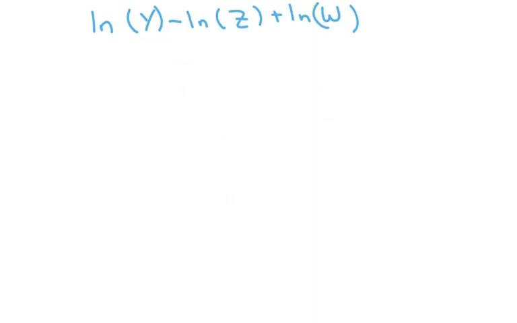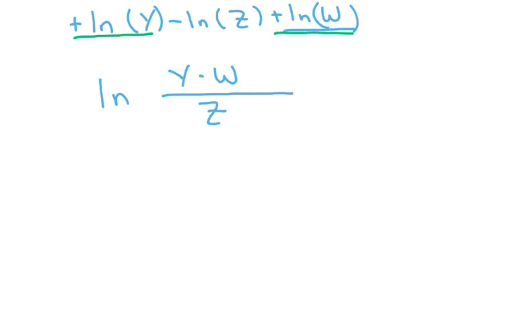So the first one is this one, and we want 1 log, so in this case it's natural log. Keep it in blue. Because we have this negative, we're going to write y times w, and the z goes in the denominator. If you notice, what I did is, if they were positive, I kept it in the numerator, and if it's negative, I put it in the denominator. And that's your single log,